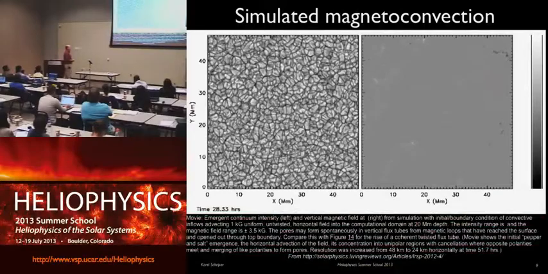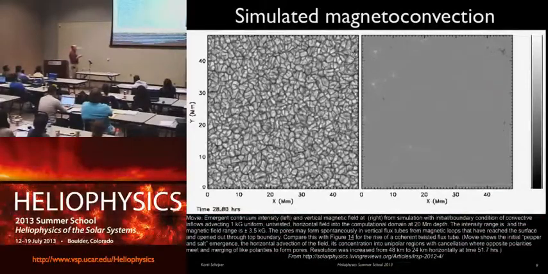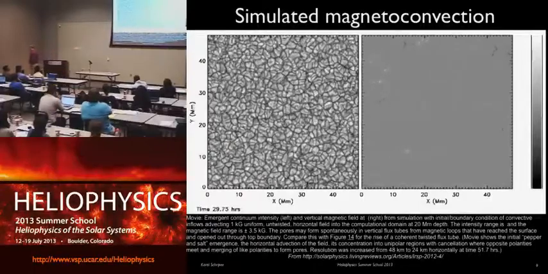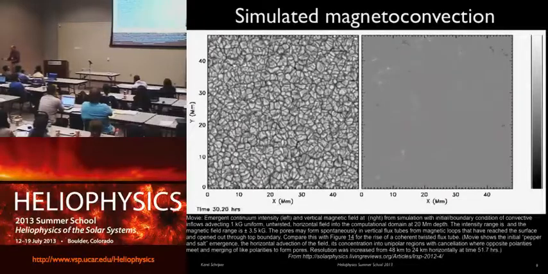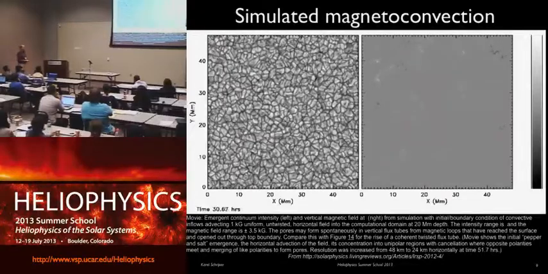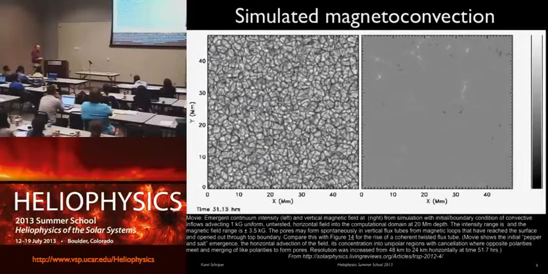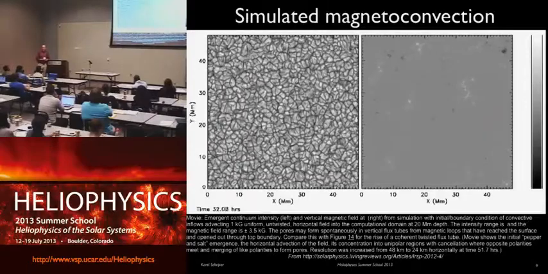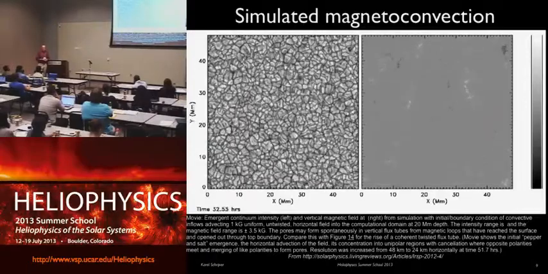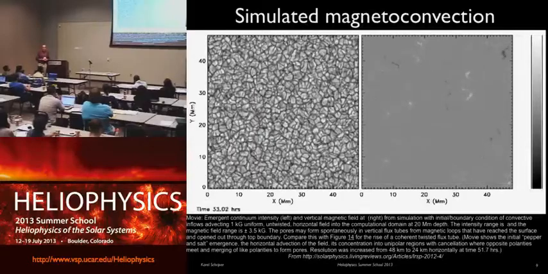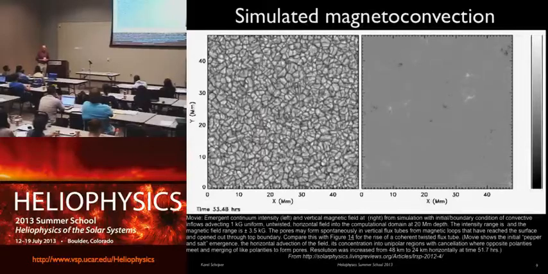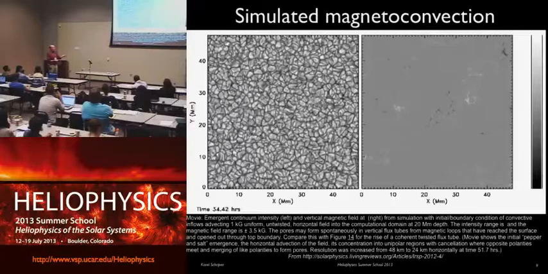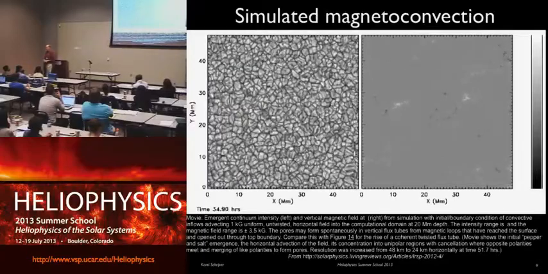Now, here's a movie of a simulation of those convective motions. So each of those cells is of the order of 700 kilometers across. Every time you see a new cell generated in this pattern, the equivalent of 10 to 15 minutes has passed. And then there's the right-hand diagram. And this is what Sabine's talk was about this morning. If you stir an electrically conducting fluid vigorously enough, you generate magnetic fields. So even in these dynamo simulations nowadays, we are generating magnetic fields, sort of pepper and salt magnetic fields that show up all over the place as we observe on the sun.